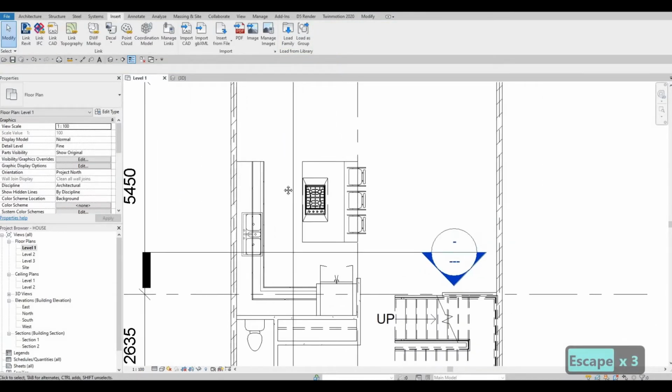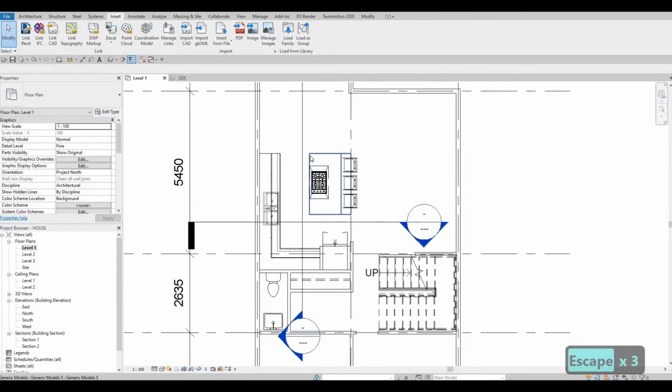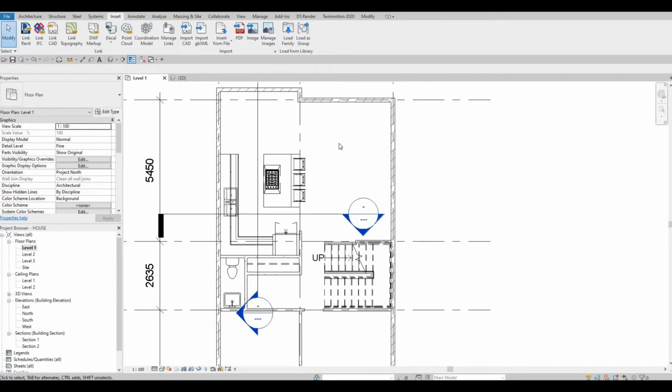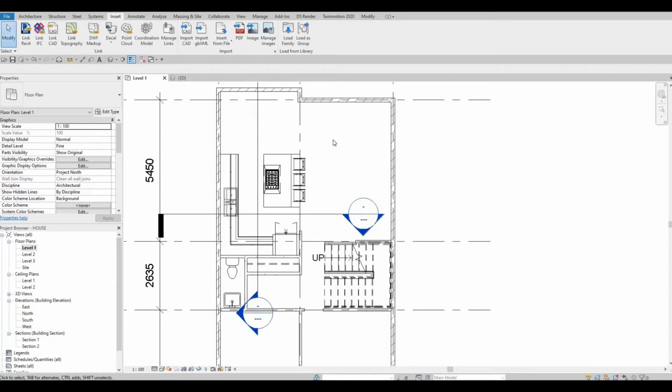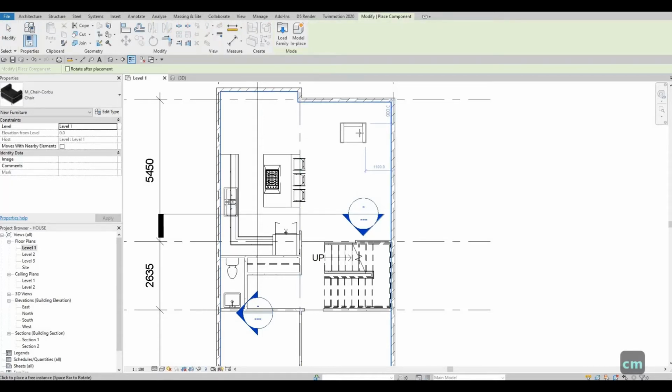So that looks nice. We have our counter or island right here. Let's also add in like our sofa. So now that we're here, we could load in this chair and then the sofa. I'm gonna hold my control button so that I can load both of these, or I'm just gonna load individually so that we don't need to look for the other one. So just press CM. Let's load this one right here on this side,